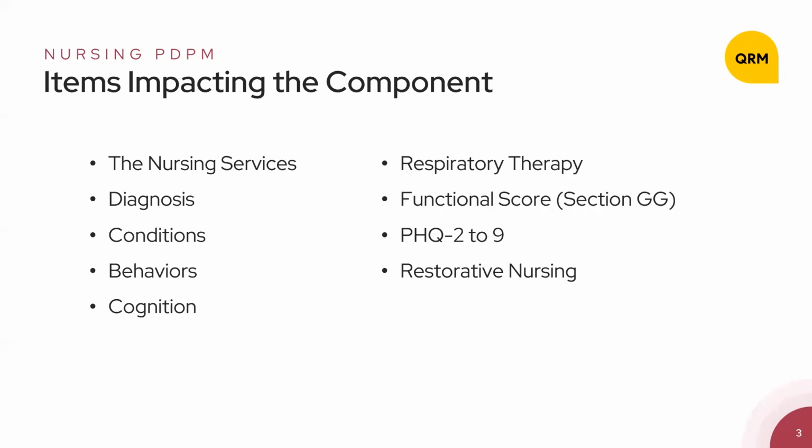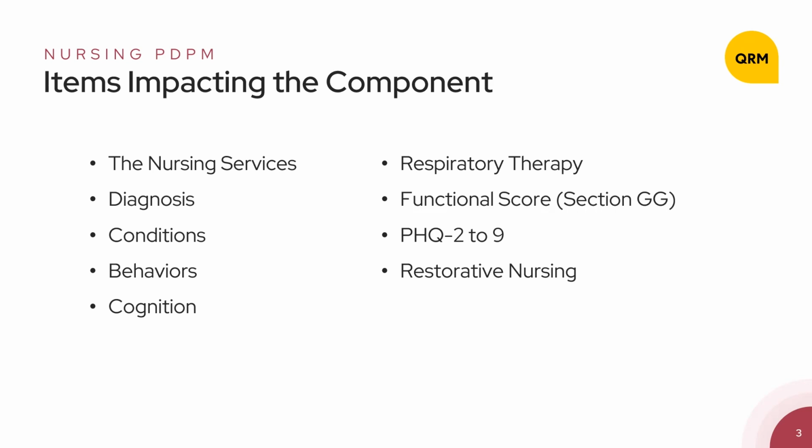There are lots and lots of things to look at for the PDPM nursing component. Many things impact it. It's not a simple yes or no. It's really diving deep into each of the different services that we're providing for the resident. So we're looking at those nursing services, the diagnosis, the conditions, the behaviors, cognition. We're looking at respiratory therapy, their functional score, which comes from section GG, their PHQ 2 to 9, as well